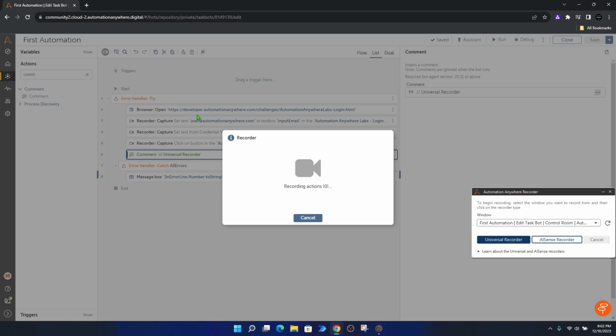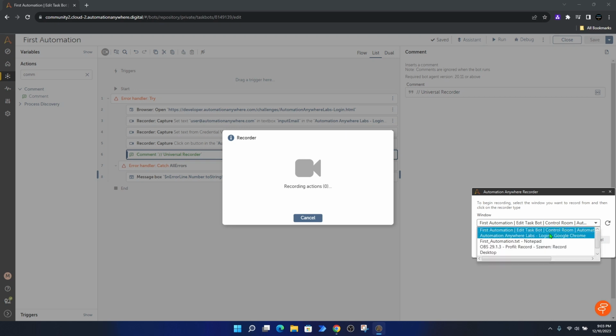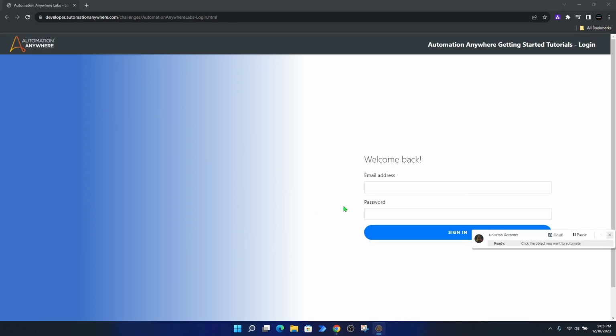This takes a bit, then we can see this new Automation Anywhere recorder window. And the same here, we need to click the refresh window button. After we have clicked, we can check the windows we have opened, and we choose Automation Anywhere Labs login Google Chrome. So let's choose this one, and then we need to click Universal Recorder. Okay, and now we can hover over the first element here, left click,